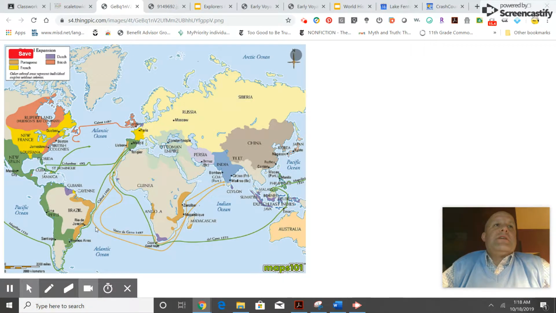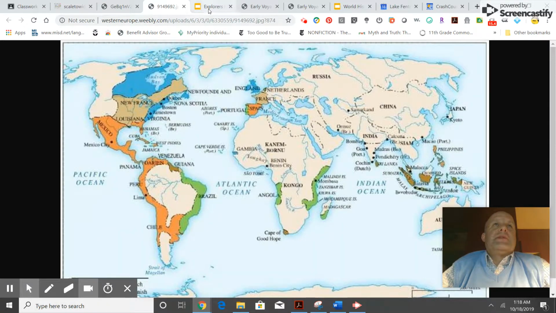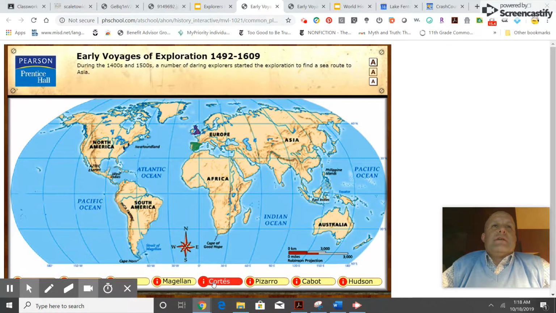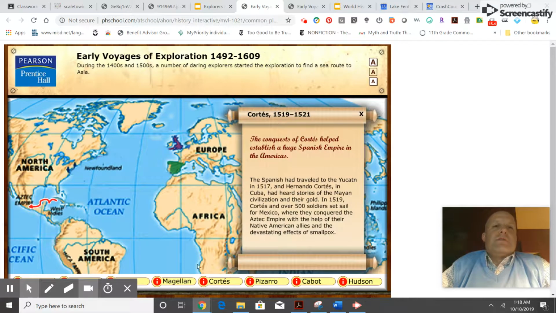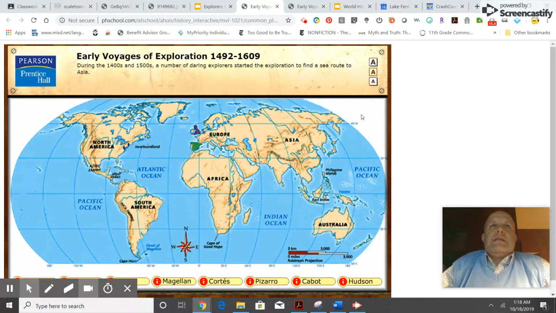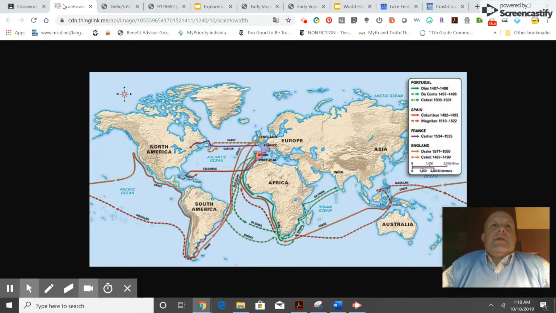Here's another one that's pretty good that shows some of the routes of the explorers. And here, if you click Cortez, it'll show you where the route Cortez takes and give a little background on him and so on. The one I want to show for the purposes of doing this is Cartier. And it happens to be on this particular link that I put up in